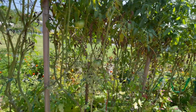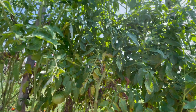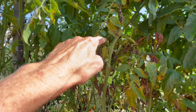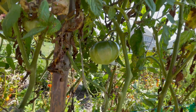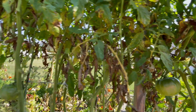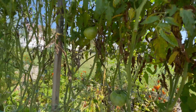Classic Beef is another tomato that I'm going to recommend. I have to get in here and prune it, but you can see that this is the worst of expected blight and die-off just from the temperatures and everything. Classic Beef has been producing very regularly big giant fruit. They do seem to be very disease resistant, and I think that's because they benefited from a very big healthy feeding